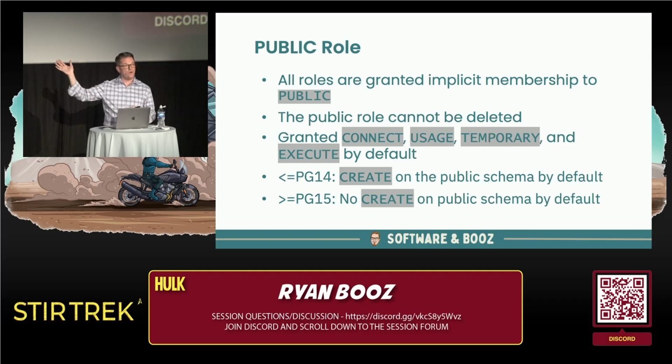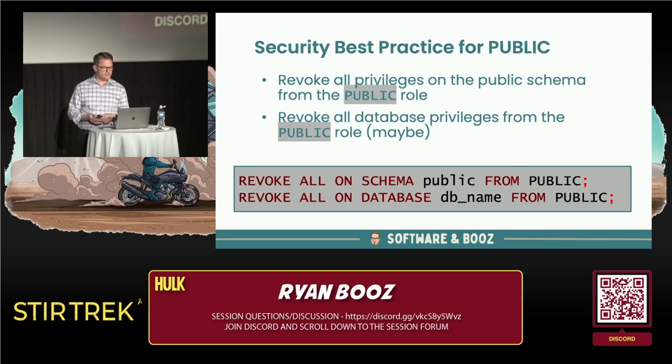And again, this was only on the public role, but that meant that every role that was created, if you didn't remove create, could create objects in the public schema. And so people were doing that. It's generally not good practice, and that would also then mean that if I knew that your extension or you were going to create this thing first, I could go in and create it, and as long as you didn't say just create, if you say create or replace, for instance, I still would own it, and I could do nefarious things. So we got rid of that by default in Postgres 15 and above, and the recommendation is that we just revoke all privileges on public, and then you go ahead and start to do it on your own.